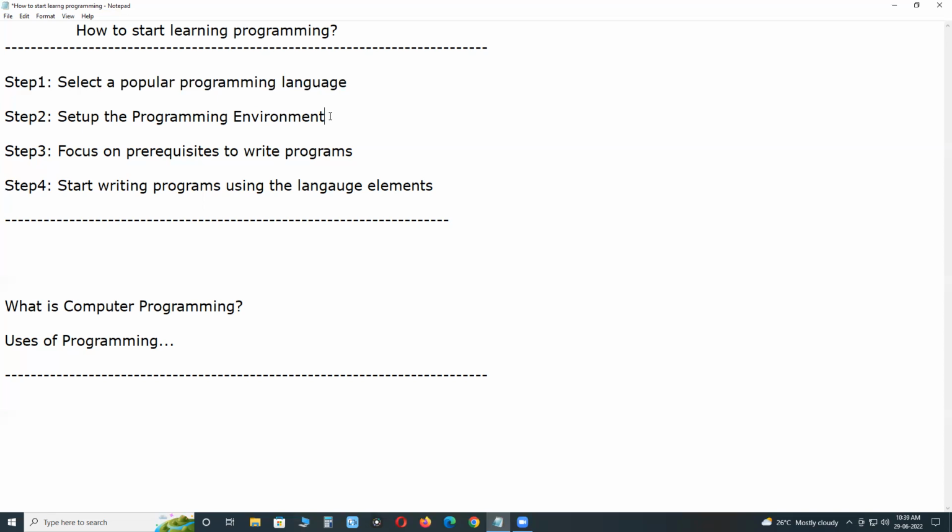Next, compiler, it is software. A compiler or interpreter converts instructions into machine code or lower level form so that they can be read and executed by a computer. Compiler is required. A compiler converts high level language into machine level language.